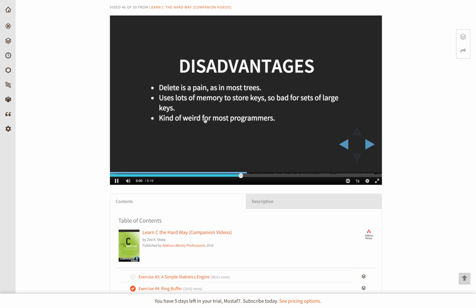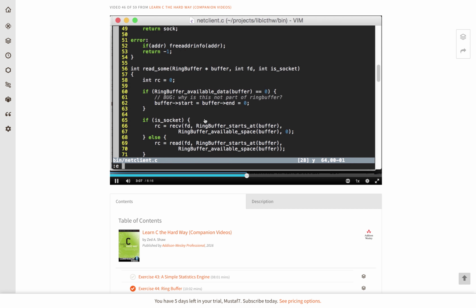Most programmers don't think of strings in terms of being able to take them and break them down into a tree. They don't think of them that way. So